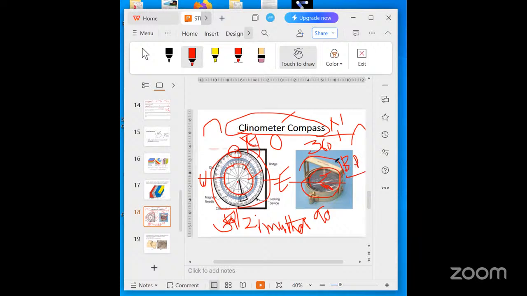Then rotate the compass so as to ensure that the bridge becomes horizontal and one end of the bridge still touches the bedding plane. Now let the magnetic needle, this black needle, move freely. Let the needle come to rest and then read both ends of the azimuthal circle, which represent the strike.